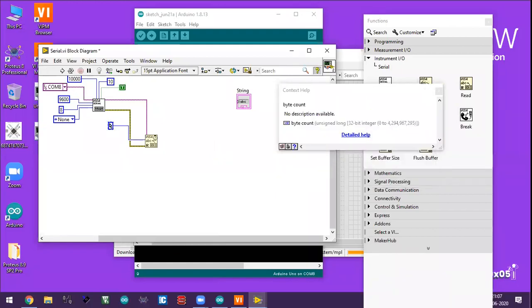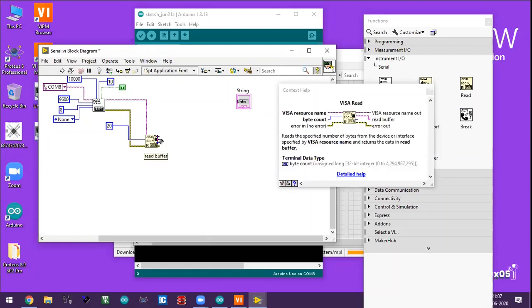So I can give it a maximum of, like, 20 characters. It can easily identify the termination within 20 characters, 0 to 20. If it receives a particular termination character, then it will stop counting and just give the output. So this is the byte count thing.